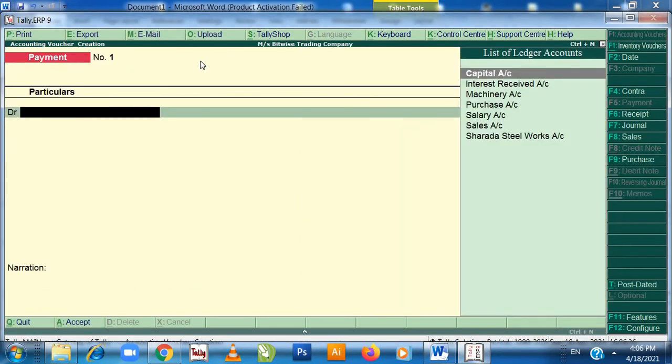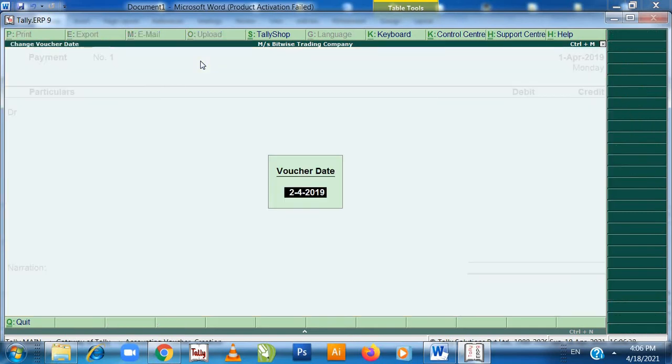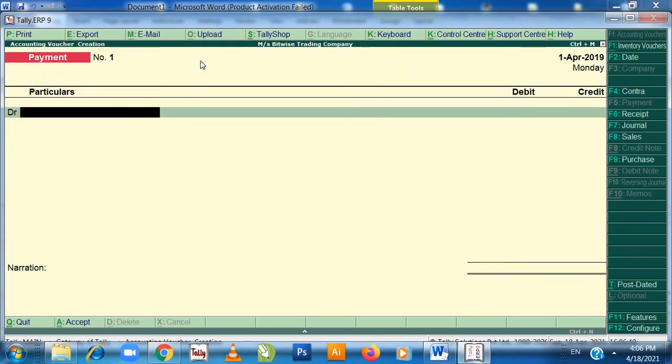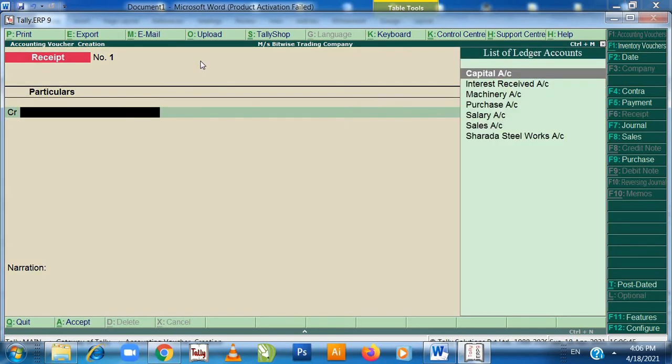The date of the transaction is 1st April, F2, make it 1st April, and the entry is in receipt. So for receipt you need to press F6. Now the entry will be cash account debit to capital account. Here first we need to do the credit entry.